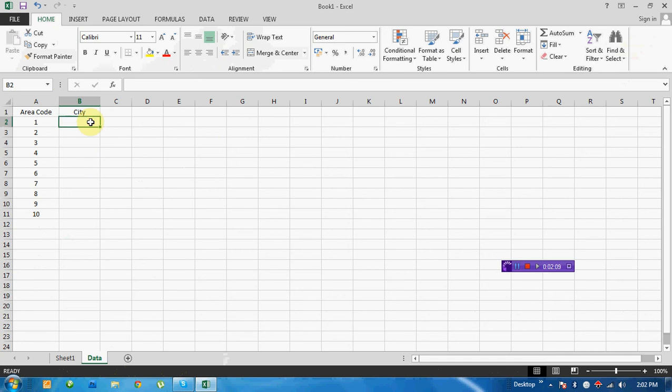Then for the city, for example, 1 is for Cebu City, 2 is for Naga City, 3 is for Talisay City, then 4 Bogo City, then 5, what city do we have? Toledo City. Next, we have our neighboring city in this region, so Tagbilaran City, for example.